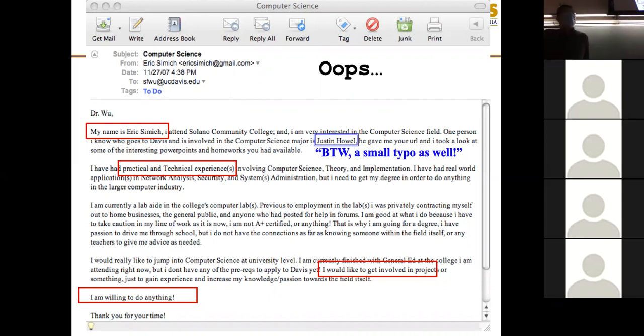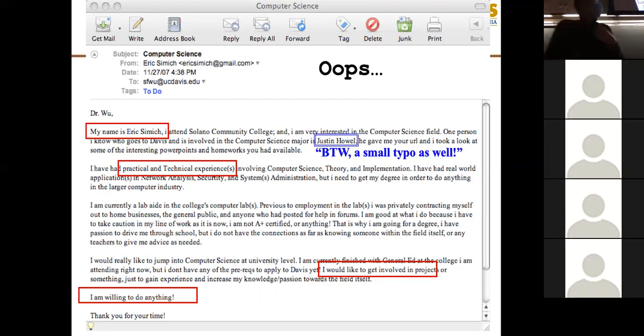This is almost like a social science question. What's the difference between two emails with exactly the same content, but one with relationship, one without relationship? What do you think is the difference? Do you think it's even reasonable for me